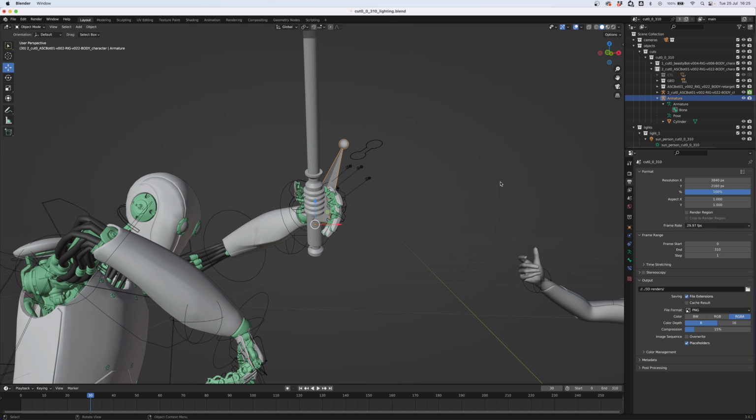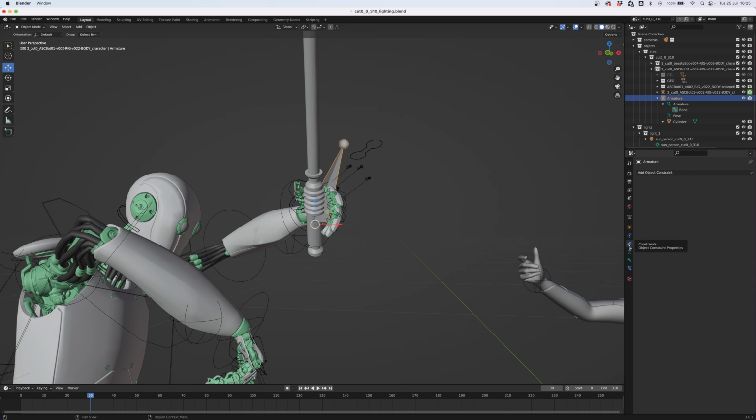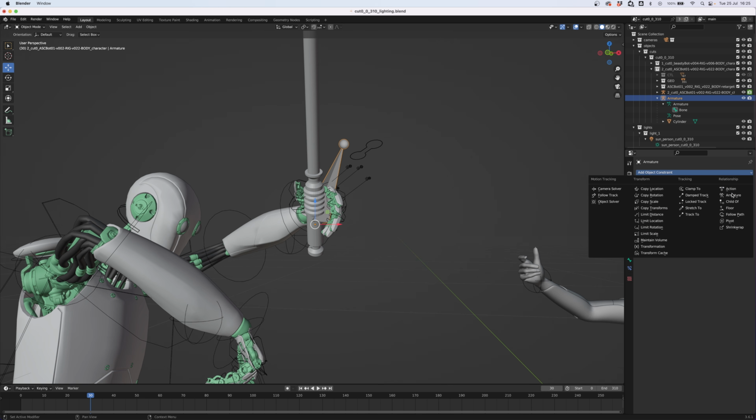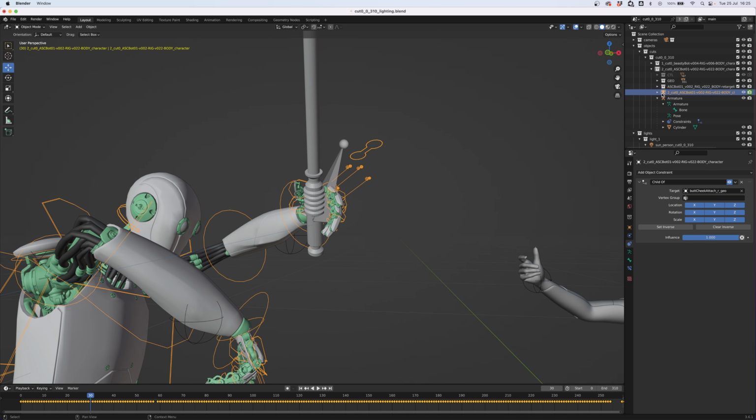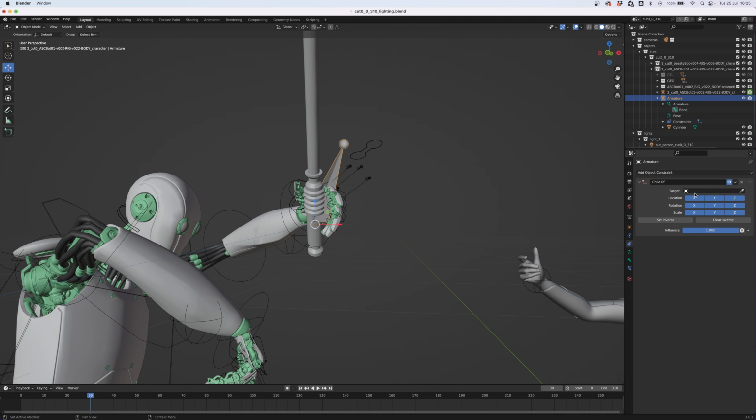And then with the bone selected, we can go over to the menu here, choose Constraints, drop down and choose Child of, and then we need to find the armature for this character here. So if you jump up, you can see it's this guy here. So with our bone selected, on Constraint, you can choose the target and select the armature for that character. Once you do that, this new field will appear for bone, and you can click on there and spin through and find the bone that you want to attach your sword bone to.